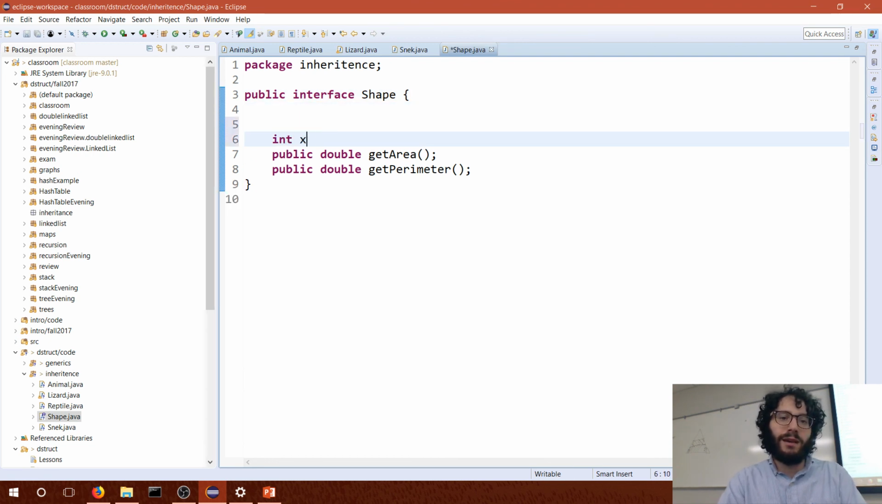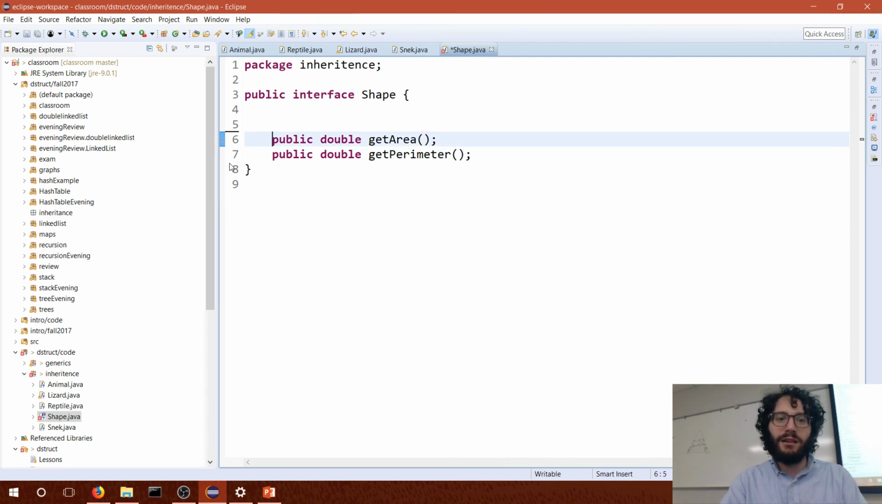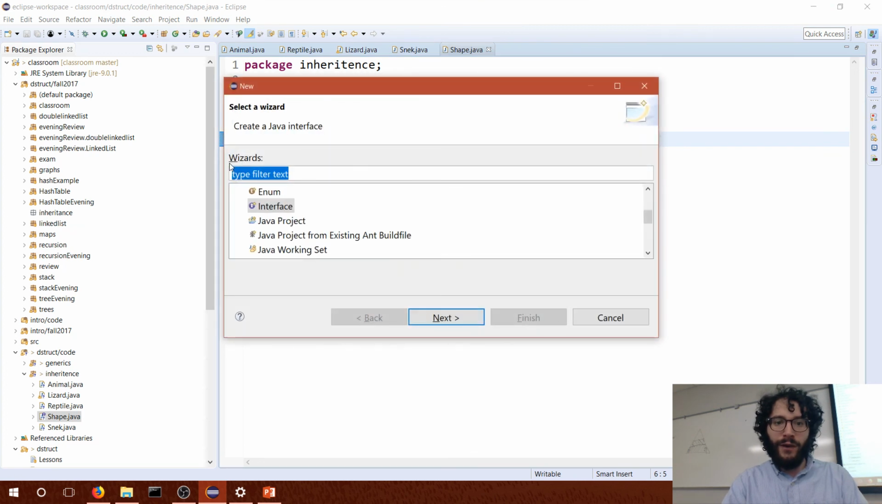You can't really do anything else in an interface. The only variables you can add are finals. You can only add constants to an interface. So they make them really easy to write. An example of how you might use this